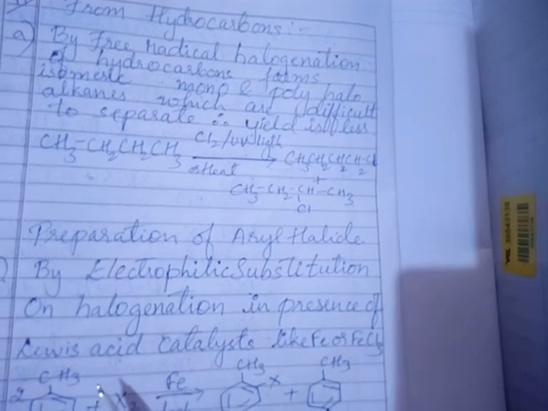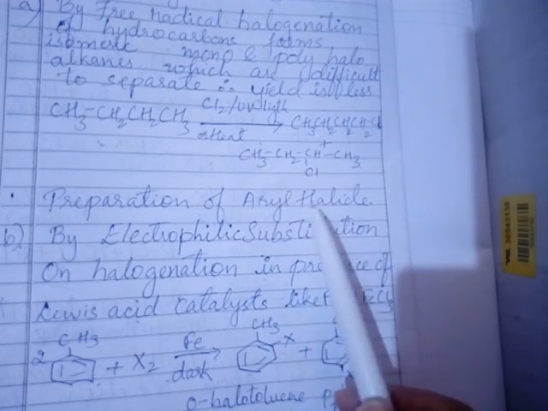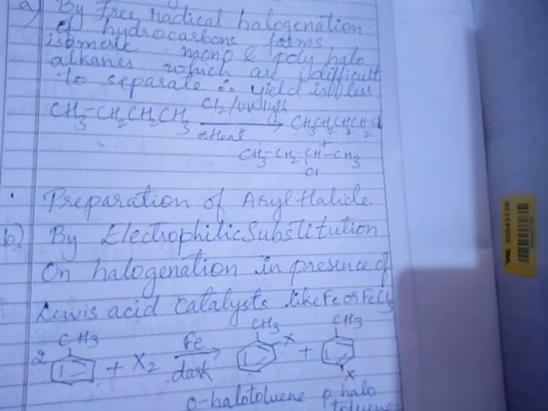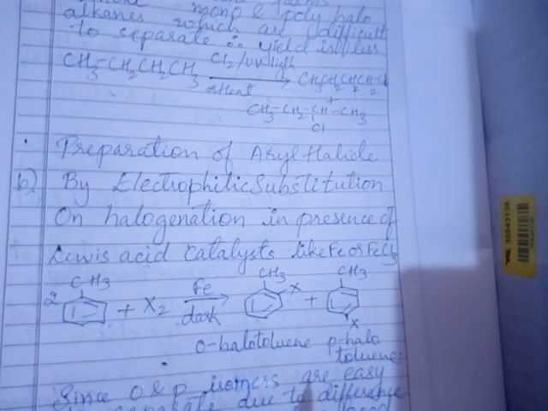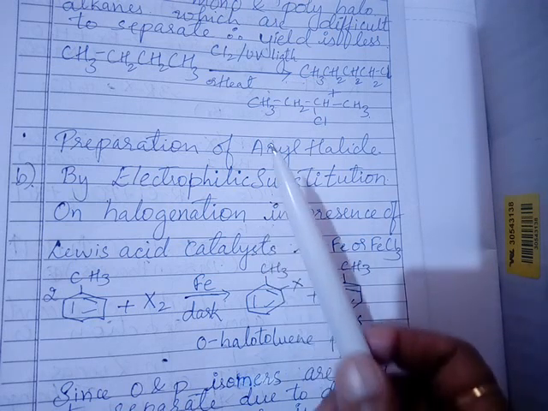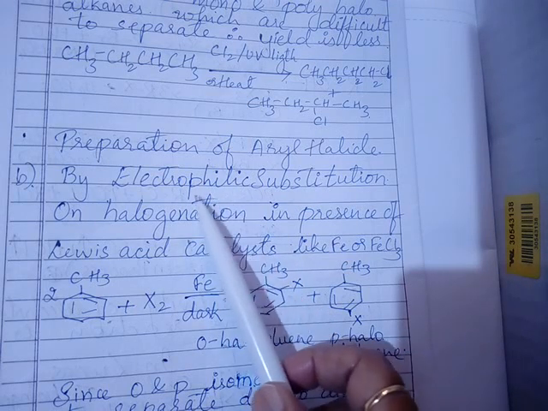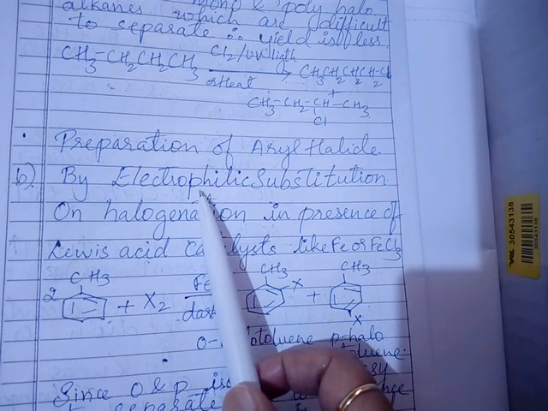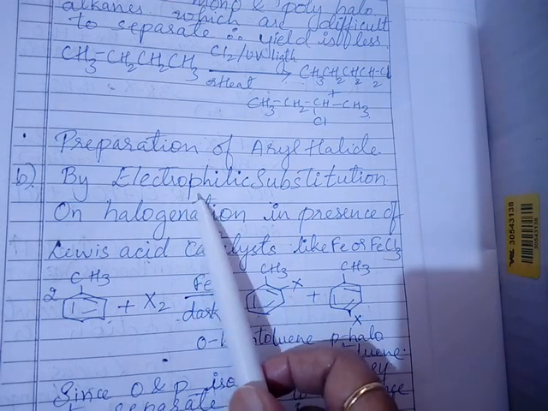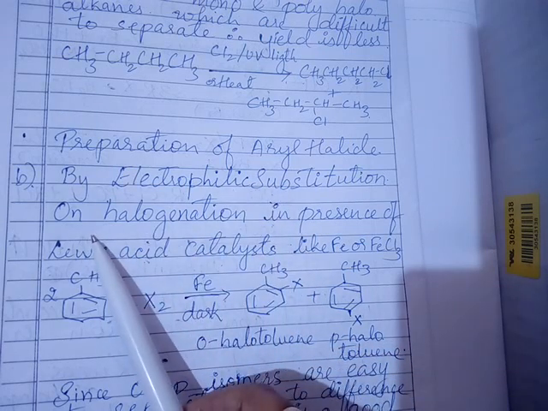So the next method of preparation, here we are going to see the preparation of the aryl halide. So as already we have seen, aryl halide is what? An aromatic compound. So necessarily we have to start with an aromatic compound. Now coming to the electrophilic substitution reaction. So what is electrophilic substitution? Here an electrophile is substituted. So what is an electrophile? It is an electron poor species, meaning there is a deficiency of electrons. So usually we consider it as E plus. So electrophilic substitution takes place.